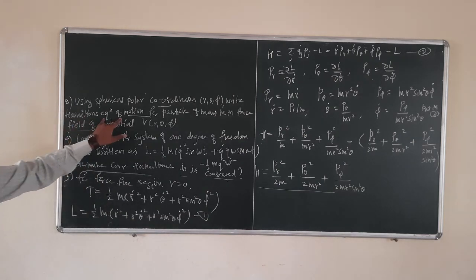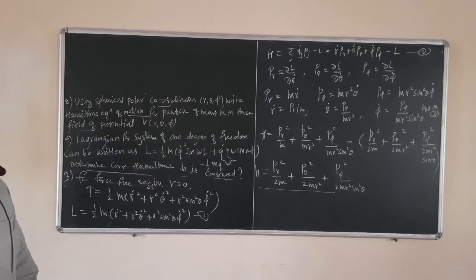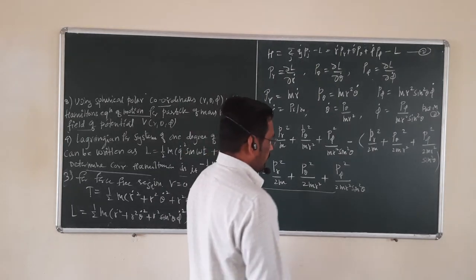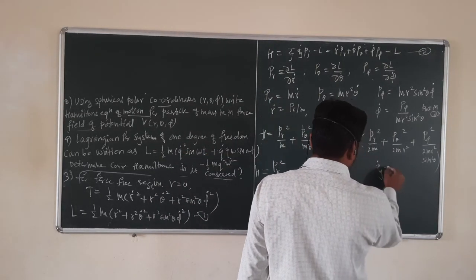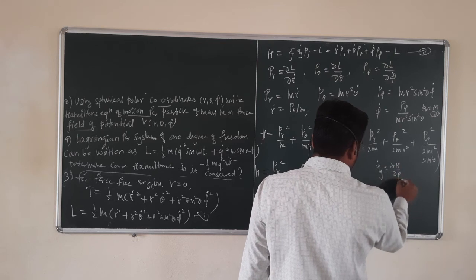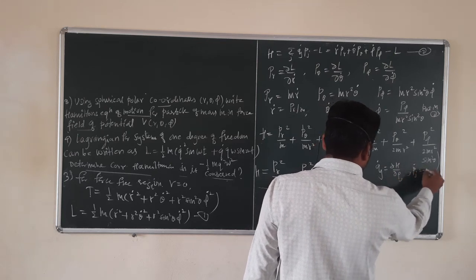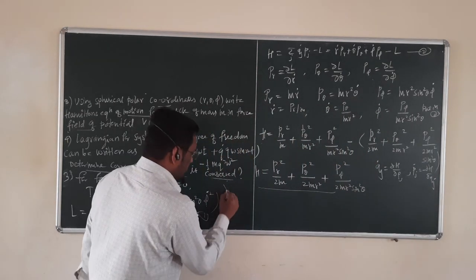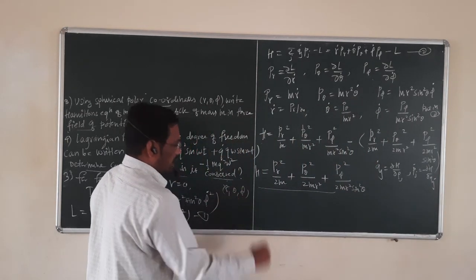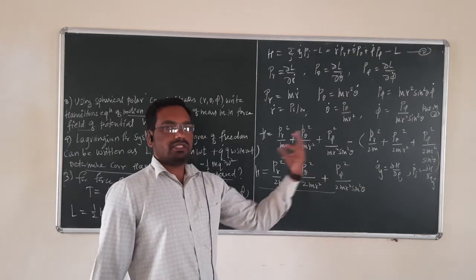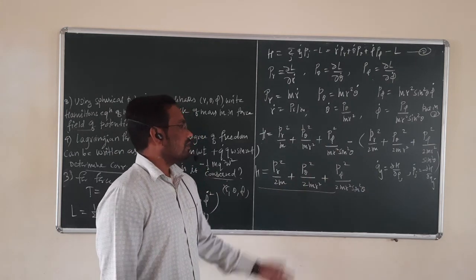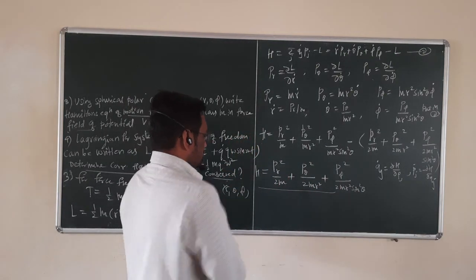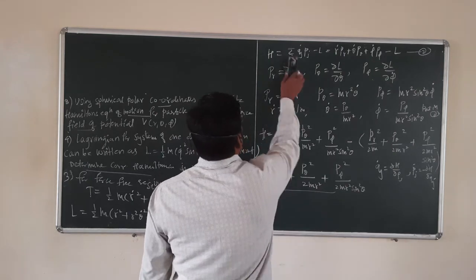Now we have to obtain Hamilton's equations of motion. We know that qj dot is partial H by partial pj and pj dot is minus partial H by partial qj. Here we have three generalized coordinates r, theta and phi, so that's why we have six equations, for r, for theta and for phi. So what are those equations? Hamilton's equations are,